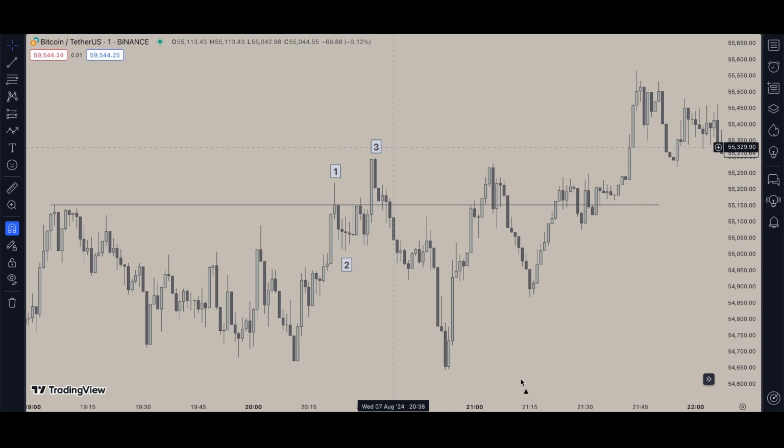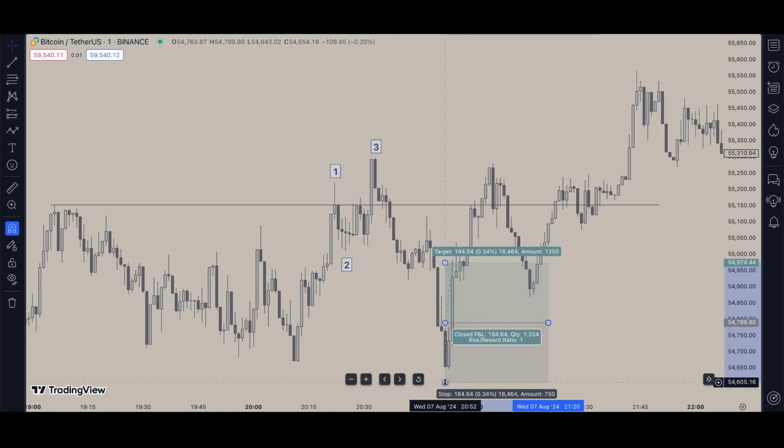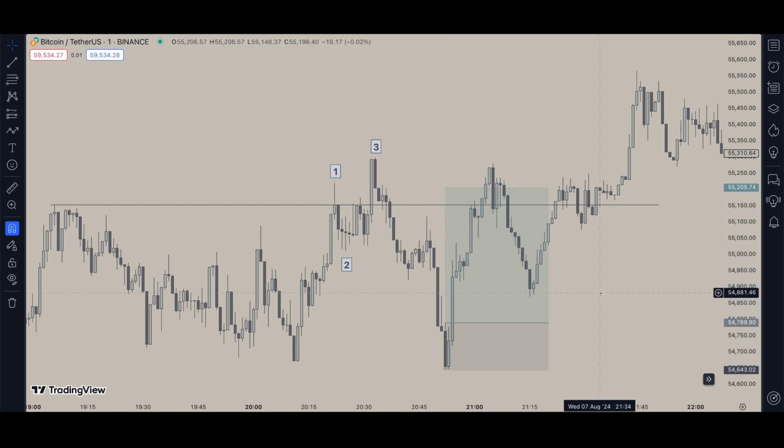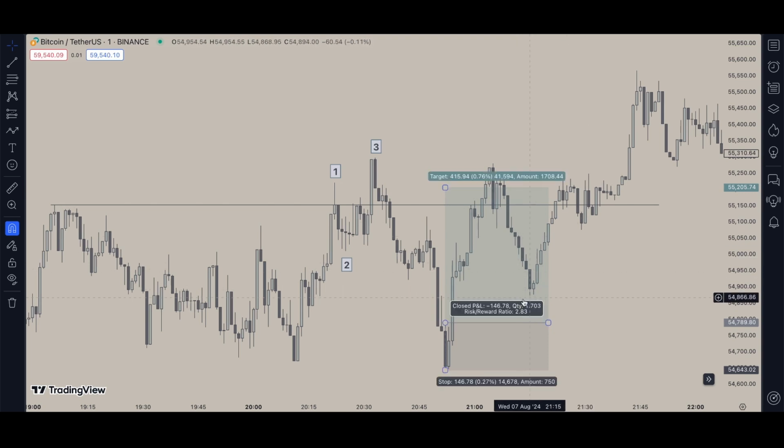So on a lower time frame, like on a 15-second, you would see the double bottom forming over here. So once we see that, that is our number 4, which we see over here. So once we do that, we can put our entry on the high of the double bottom. Stop loss goes under, and our target is somewhere around this area. And as you can see, price goes straight into target, and we get close to almost a 3-to-1 risk